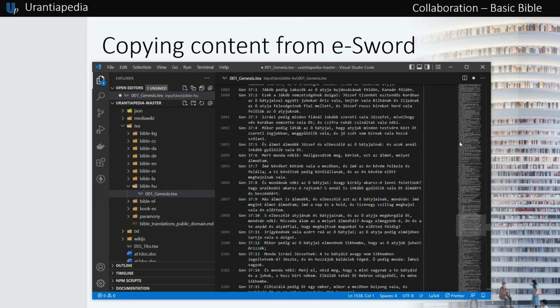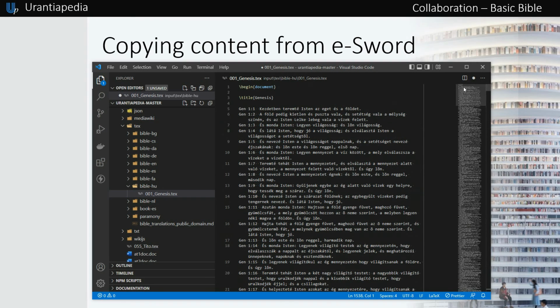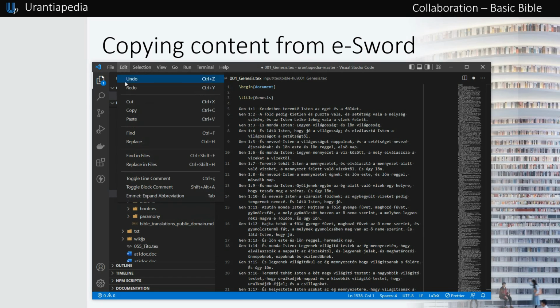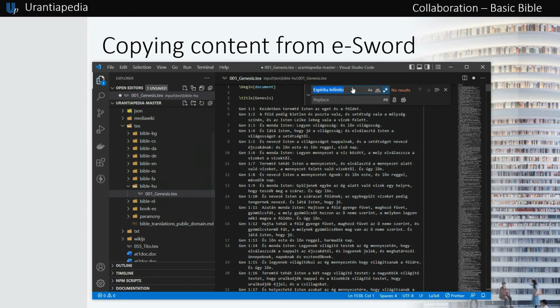The pasted text needs to be changed to follow the LaTeX format conventions. We're going to do this really fast with 3 replacements. In Visual Studio Code, select the menu Edit and then Replace. In the Find box that appears, type caret and 3 dots, like this.